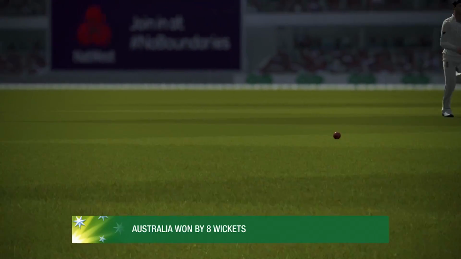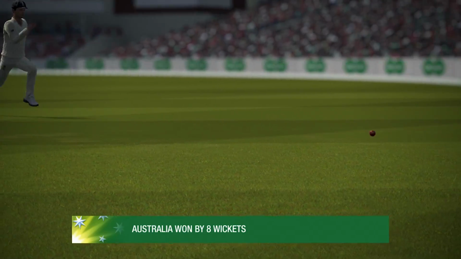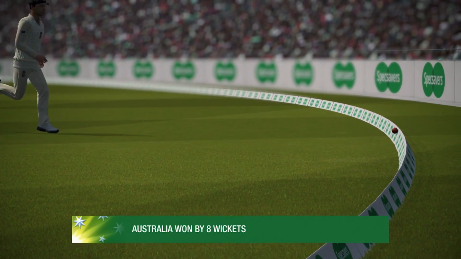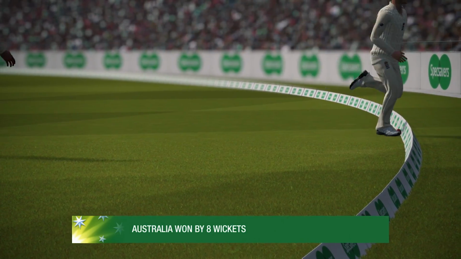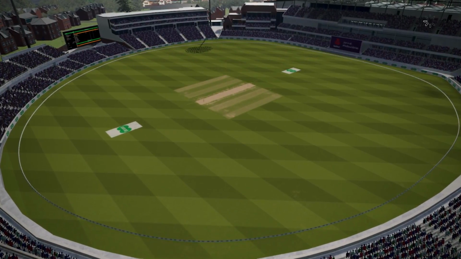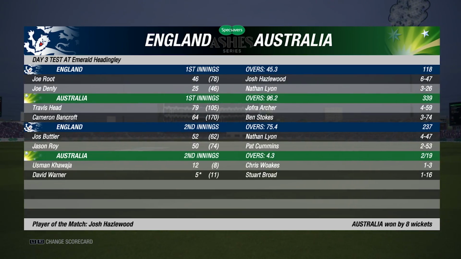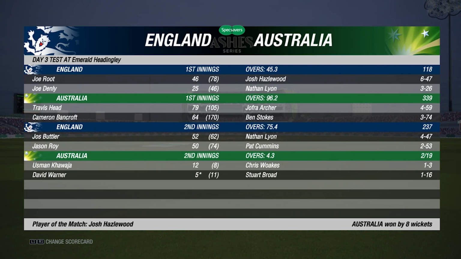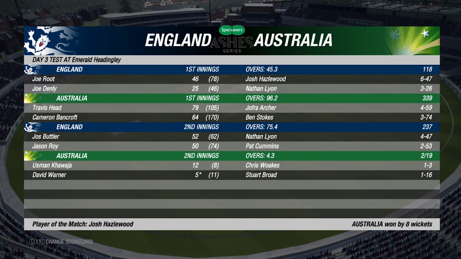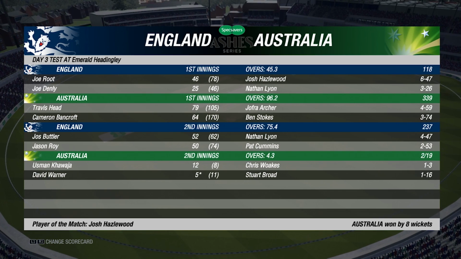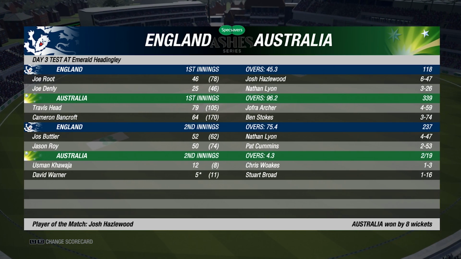And we'll see what England can dish up in the 4th Ashes Test match coming up in about a week and a half. So we'll see how that all plays out. We will tune in with you guys for the 4th Test match. And I hope you all enjoyed this one. Australia getting home by 8 wickets. And they look quite dominant heading into the fourth match of the series.